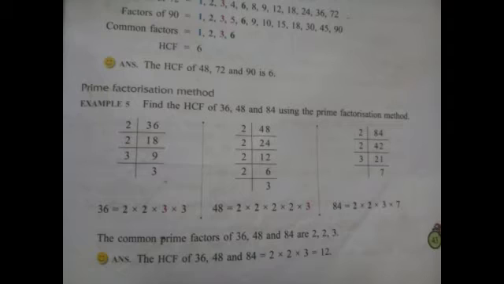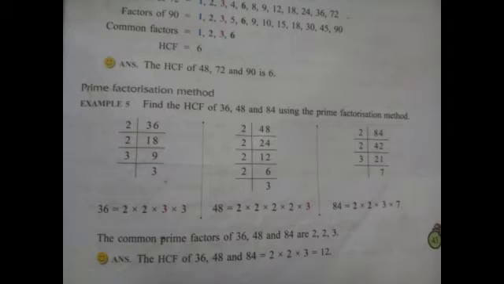Next prime number is 3. You have to check whether it will come in the 3 table or not, otherwise you go to the next prime number. Yes, here it will come in the 3 table. So 3 3s are 9. So the prime factors of 36 are 2 multiply 2 multiply 3 multiply 3. Coming to the next number, 48, similarly you have to check the prime numbers. First prime number is 2.